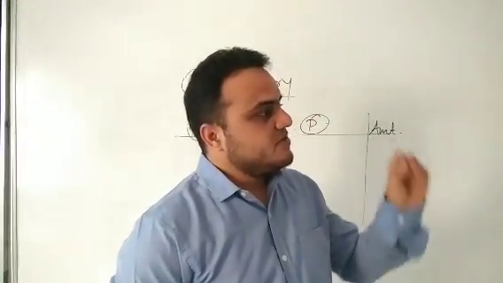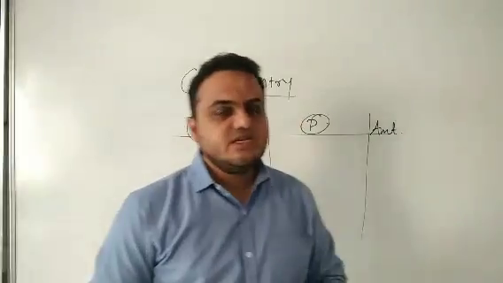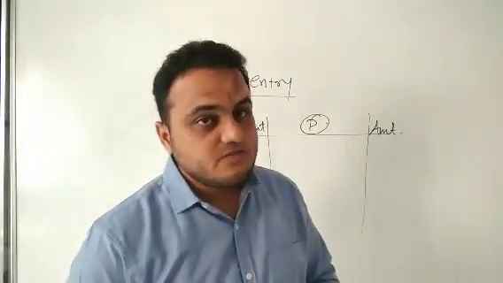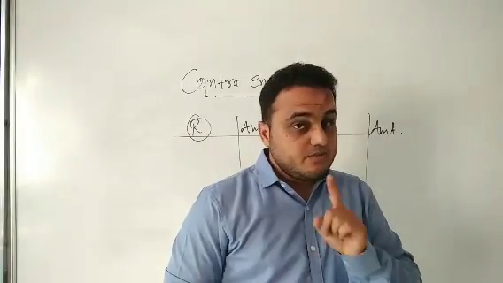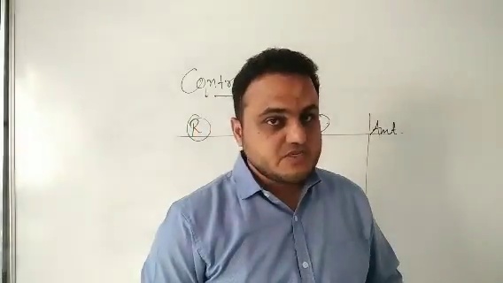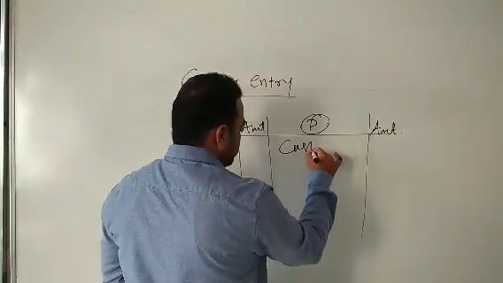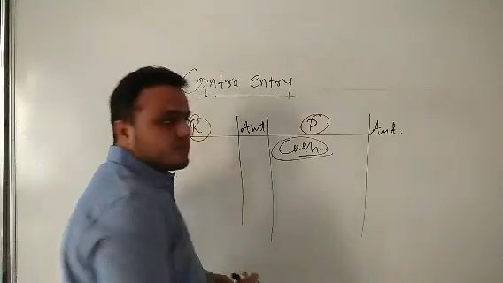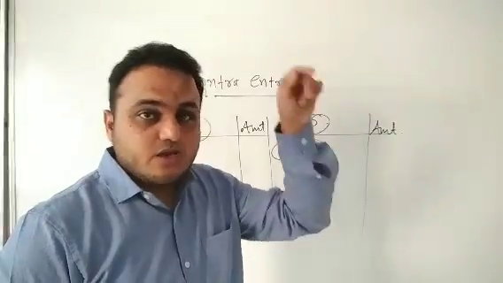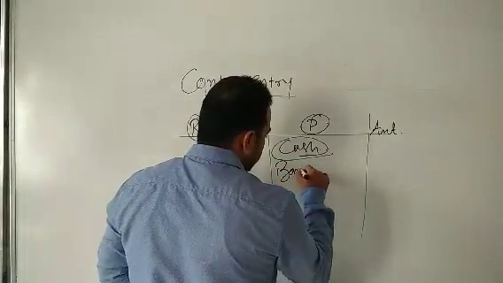Example: I have deposited 1000 in the bank. I repeat, I have deposited 1000 in the bank. From a business point of view, from our business, cash will go. So it will come on the payment side. Cash will go, but where will the cash go? In the bank. Cash will go in the bank.